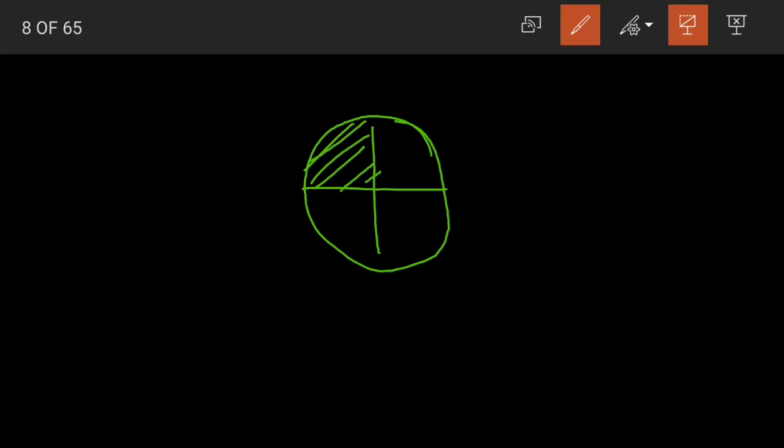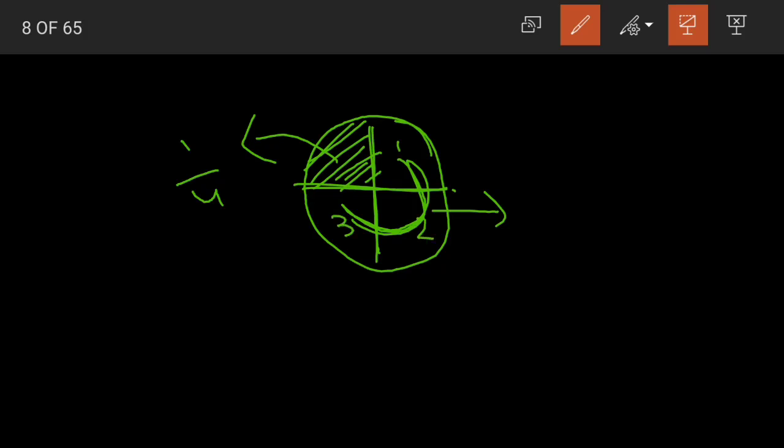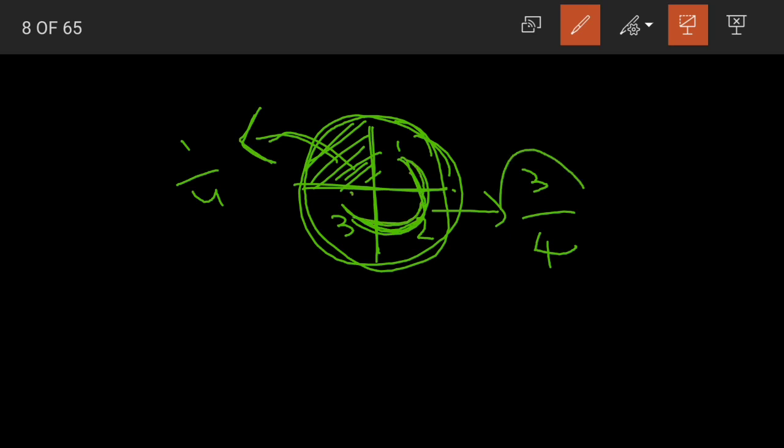Again there are two ways to solve the question. First, you can take a figure and then divide it into 4 parts. Yes, if I take out 1 by 4, how many parts are remaining, children? What is the fraction of the remaining part? We have 1, 2, 3 divided by 4. That is the total number of parts. So if I take out 1 by 4, I will be remaining with 3 by 4. This is how you solve using the diagram.